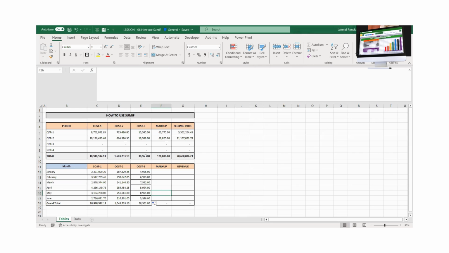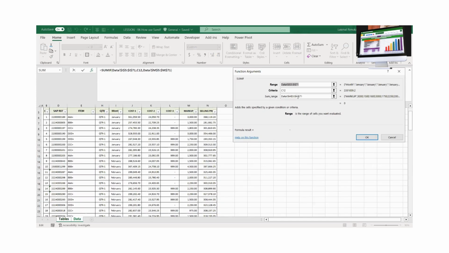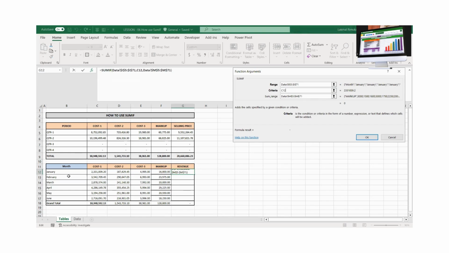See, now the figures are equal from the first data table to the second data table; they copied correctly. Tally. The same exercise you can do: copy from the previous cell and paste it to the next cell and change your function argument. The data range still remains the same, and the criteria we want to change is to